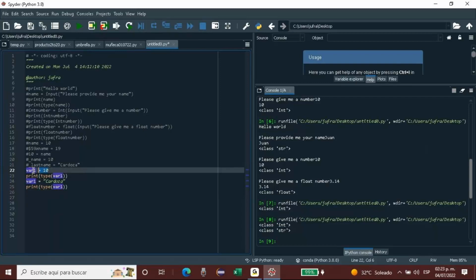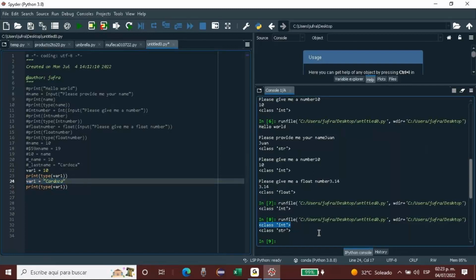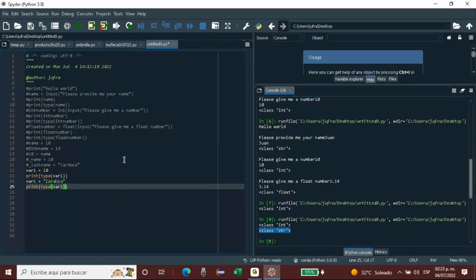As you can see here, we have var1 with an int type. That's why we have int type here. Then we have var1 with a different kind of value, Cardoza, and now it's a string class. What happens with Python is that as soon as you have a value here, Python recognizes the best type for your value. In this case, if I have 10.0, and I run this,